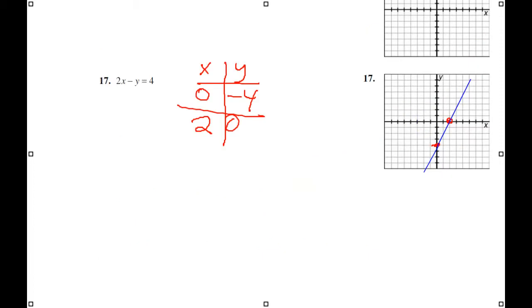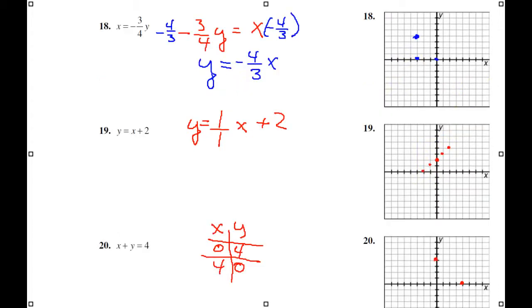And this one, if it's a standard form, put your special T-chart. If x is 0, y will be a -4. If y is 0, x is going to be 2. So 0, -4, 2, 0, my x-intercept there, my y-intercept there, there's my line. Okay, to wind this up here,